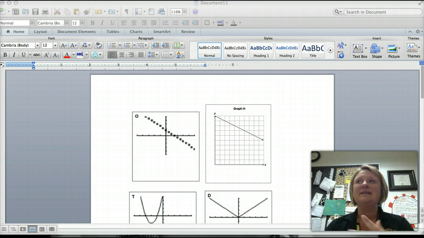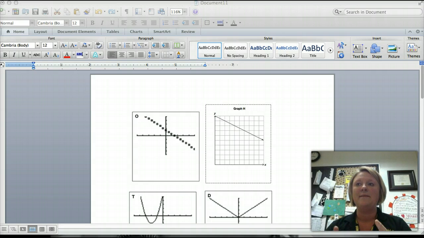Yesterday, we went over the homework, that 1.1 packet, not the packet that Mr. Yoakum had cut up, if you remember that. We went over the 1.1 homework, that packet that I'd given you, and we talked about independent and dependent quantities. Remember that dependent quantities simply depend on the independent to happen. A lot of you all mentioned the cause and effect relationship. What causes the other to happen?